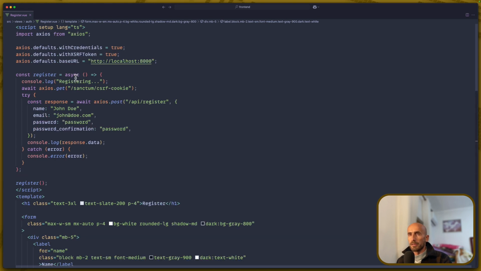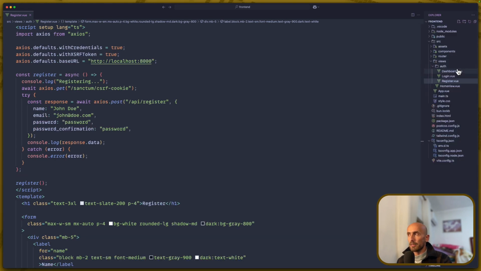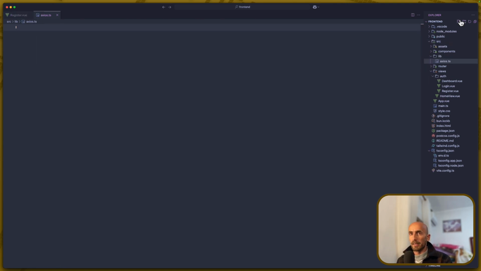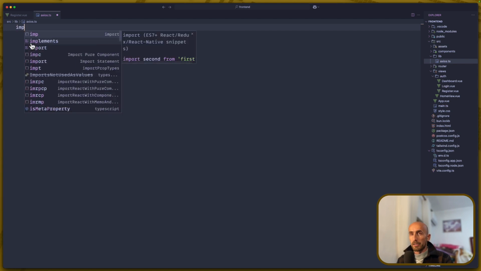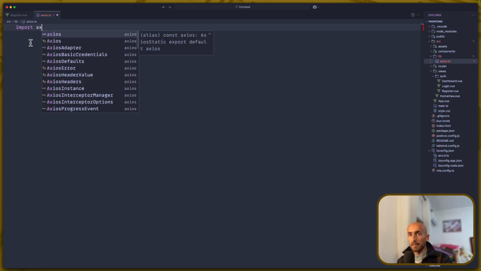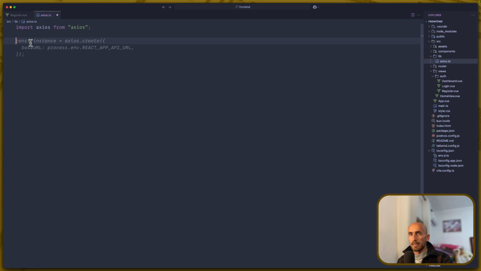Now let's work with the script. First, what I'm going to do, I'm going to go in the source directory and create a new file, which is going to be inside the lib directory, and the name of the file is going to be axios.ts. And here I'm going to import Axios. I'm going to customize the Axios here, and then let's say Axios instance to be Axios create, and here I'm going to pass the base URL, which is going to be the